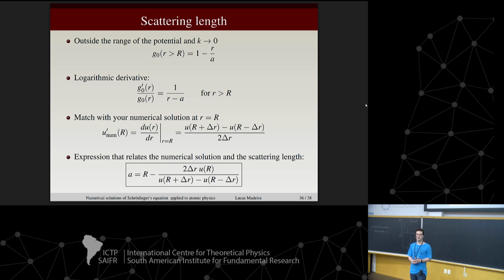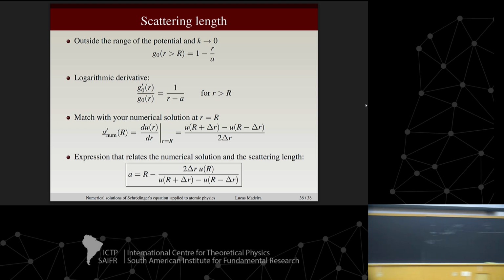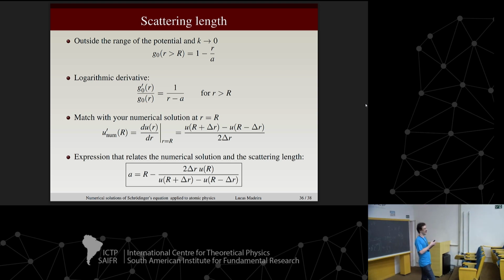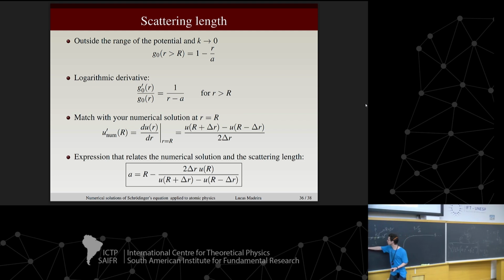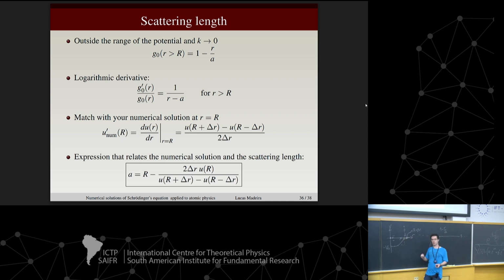More questions? Early lunch then? No, question. Numerically, what would be the difficulty if we, instead of a square well, we consider a smooth edge of the potential? Numerically, it would be exactly the same thing. Okay, so you say, oh, I don't want to do this. I want to do this, for example, right? Numerically, it wouldn't change much.